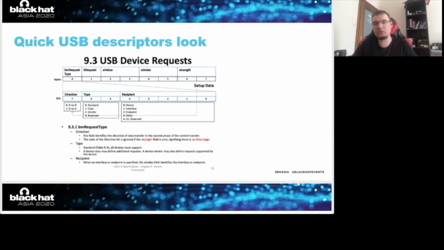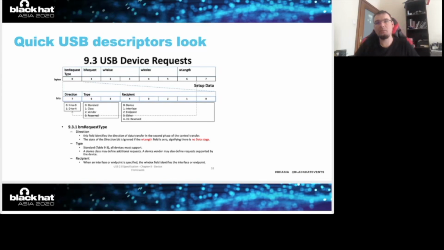One of them is sending control messages, and others can also be used to send some data. The most important field in the USB descriptor is the wLength field. It has 16 bits, which means potentially we should be able to send up to 65,535 bytes, but